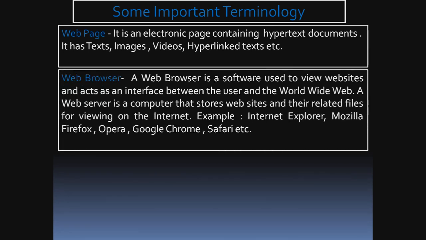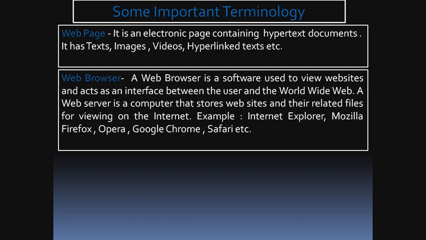We know web browser is another important thing. Without web browser, we cannot see things through internet. We cannot view the pages of the internet. So web browser is a software which helps us to view websites. We can interface with the World Wide Web with the help of our web browser. It is stored in our computer and we can request the websites to be showed in our computer through the web browser.